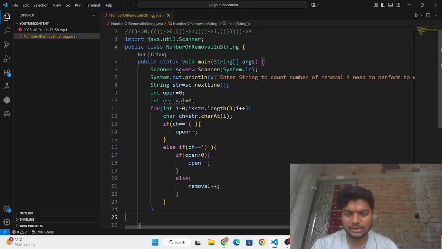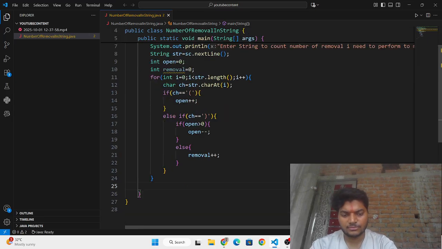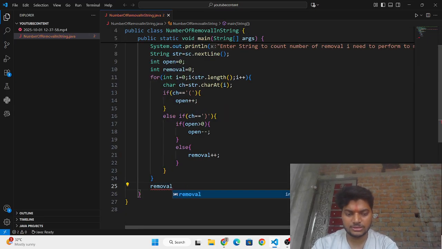So after that I need to write here removal is equal to removal plus open.